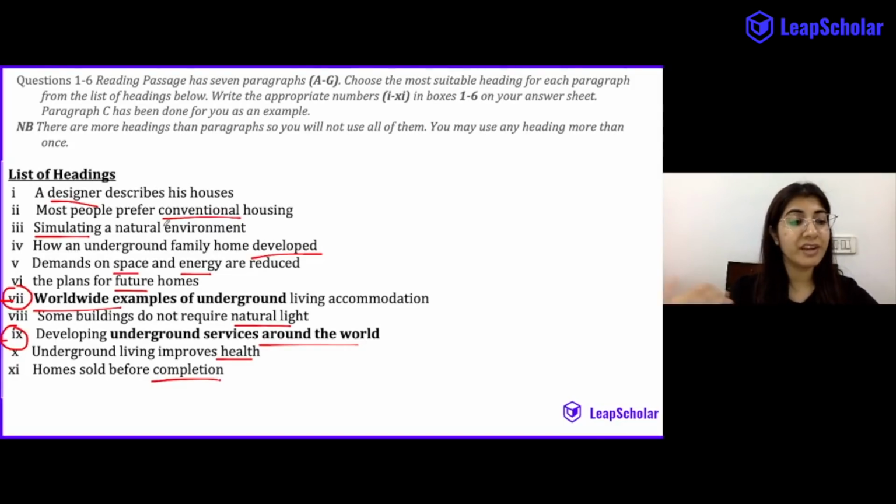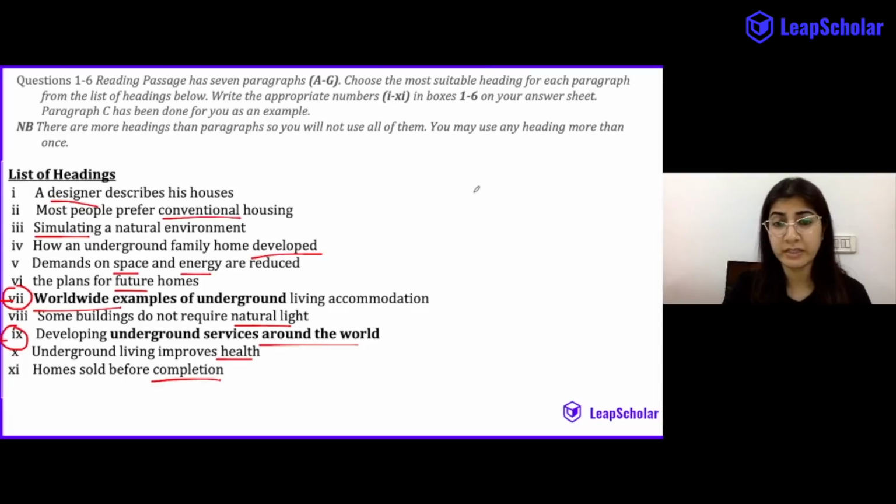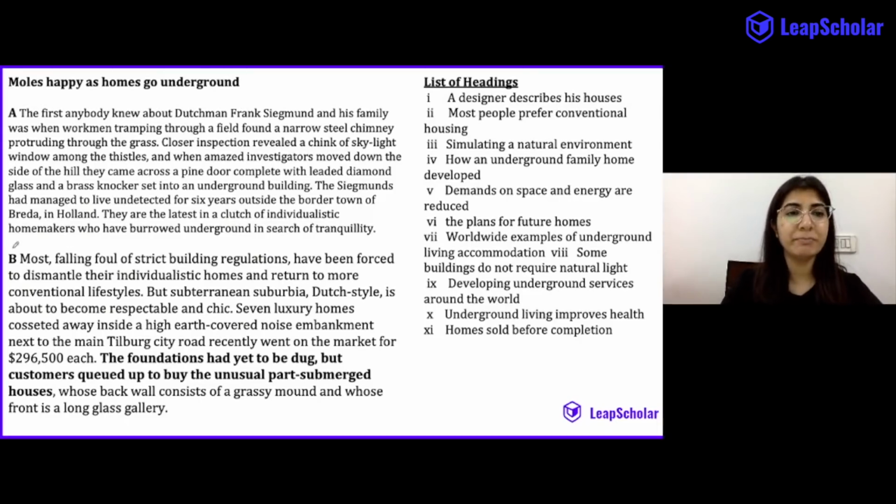Alright, now that we have read our list of headings and underlined our keywords, we will begin by reading the first paragraph. So paragraph A already was done for us and it spoke about the discovery of an underground home. So we don't need to read that in detail. We'll begin with paragraph B and